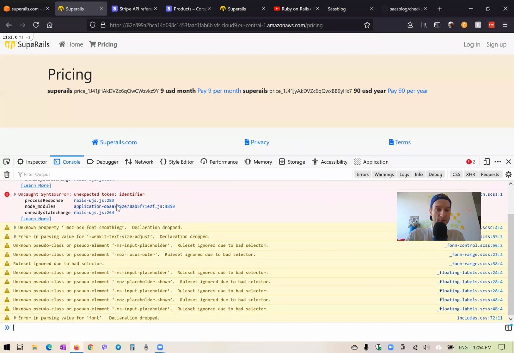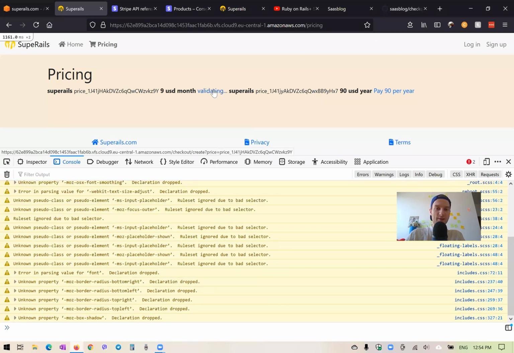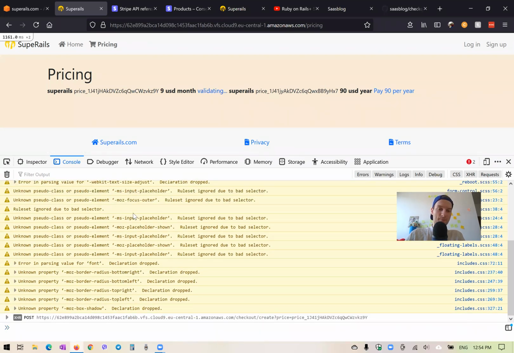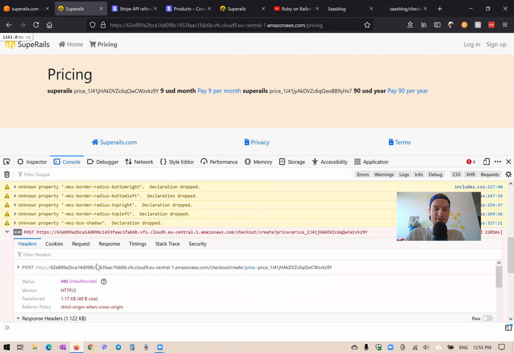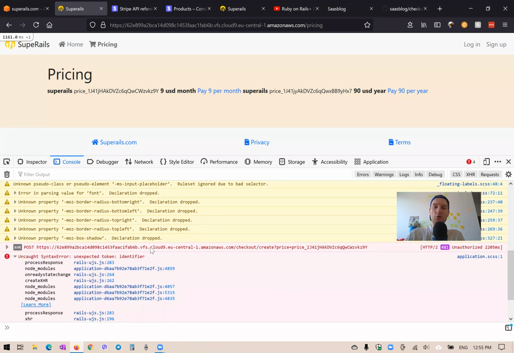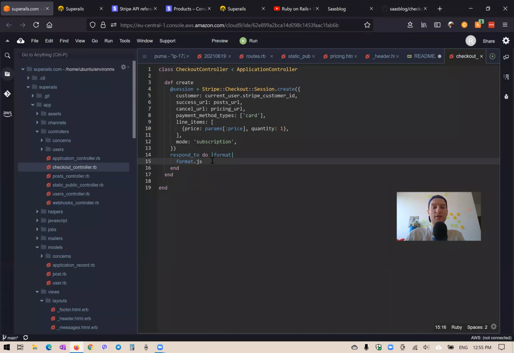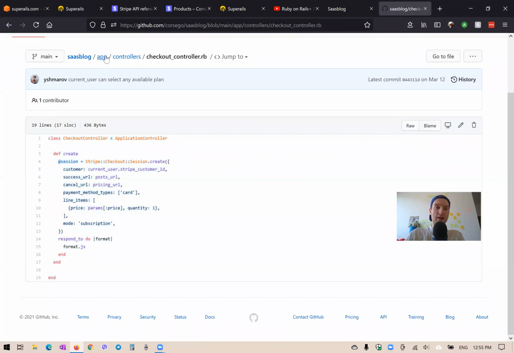So here we have this, let's see, I will press pay. And we get this error, unexpected token identifier. And yeah, the post request doesn't succeed. So actually we will need to do a couple of things. We will first need to create this checkout.js ERB page, the way we have it in app,